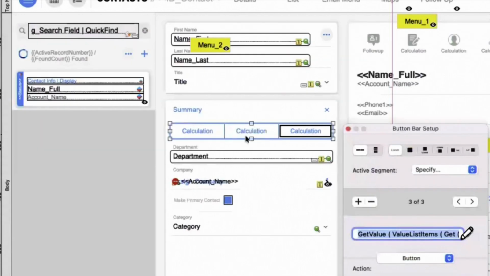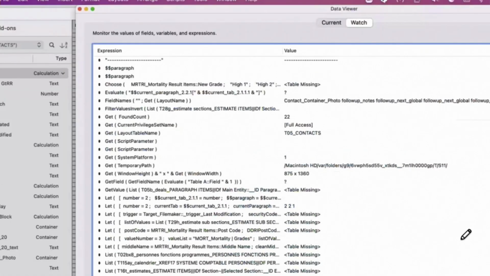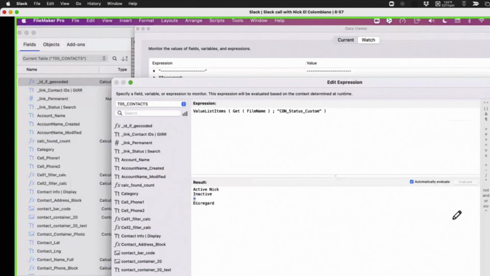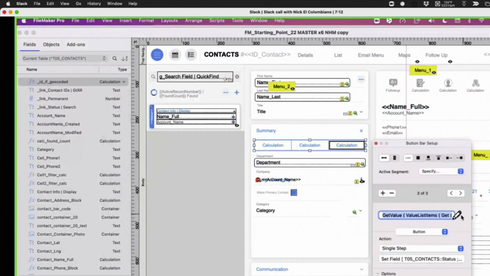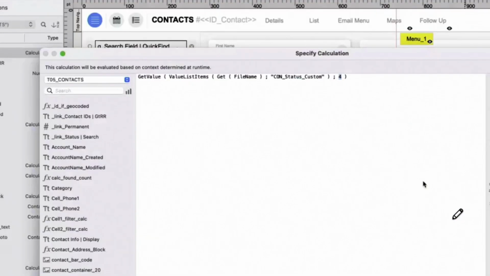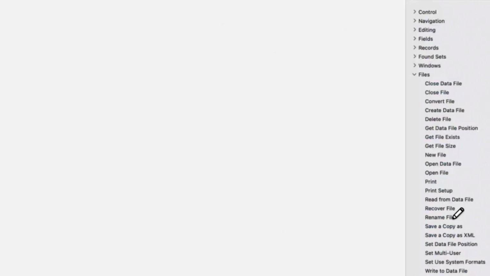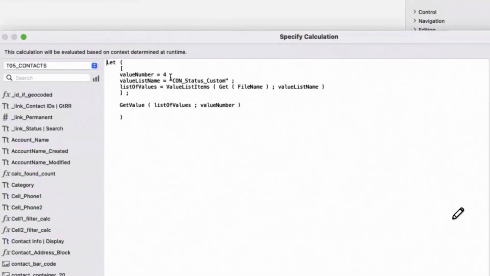I'm going here, and you will see why. Because I have a separator, the separator will be the third. I don't want to get rid of the separator, but I can do whatever I want here. I don't want the separator here, so I'm just keeping it. So now it's 4. Now I'm setting a field using the same technique. I want the fourth value of this value list, and I'm setting a field with this.